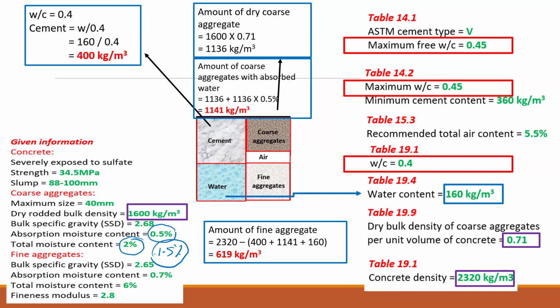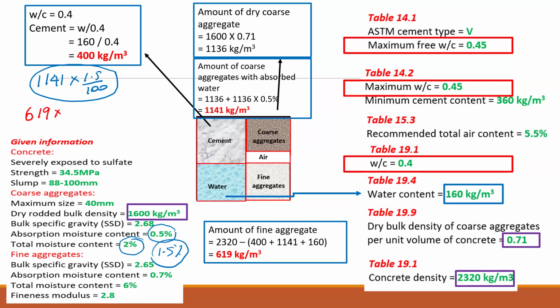So if you consider 1,141 kilograms of coarse aggregate, out of this, if you want to find out how much water is coming with that aggregate, which can be contributed to the hydration process, that is 1.5%. Agree or not? So this much water is coming with coarse aggregate, which can be contributed to the hydration process. Similarly, if you consider the fine aggregates,